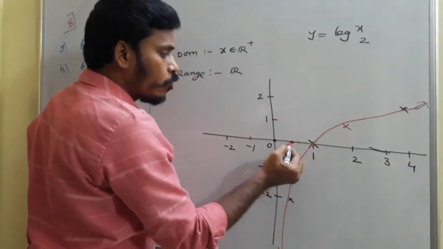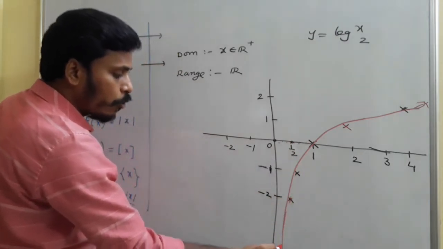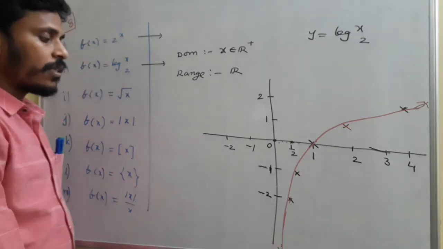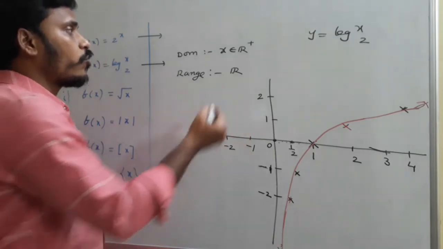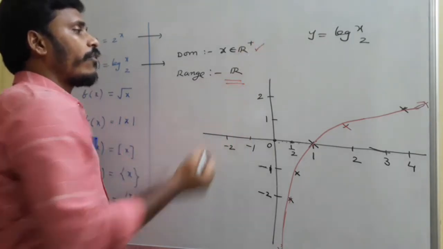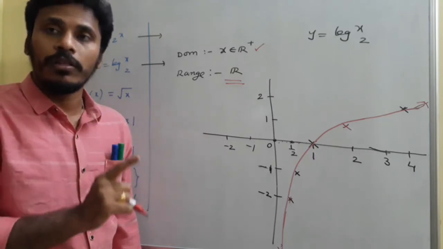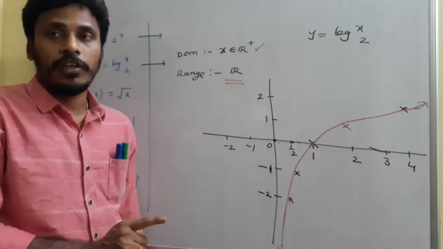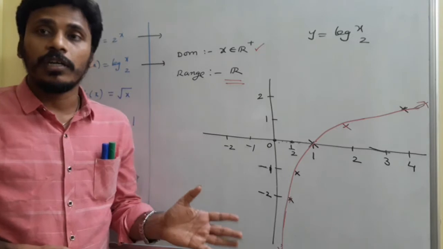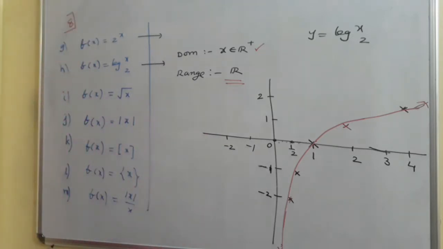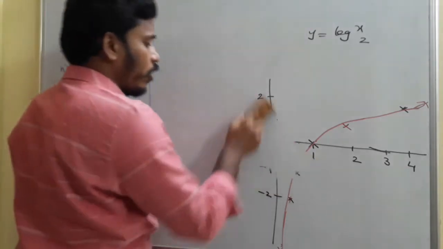If you decrease the values of x towards 0, the graph goes on decreasing, but the graph almost touches this axis, but it never touches or intersects this y-axis. So this is the rough sketch for log x base 2, and the domain is positive real numbers, range is all reals. You need to memorize the domains and ranges of all these standard functions along with their rough sketches. Everything is very important in solving different problems, not only in functions, also in limits, derivatives, and integration, and everywhere we need these sketches and the concept related to domain and range.